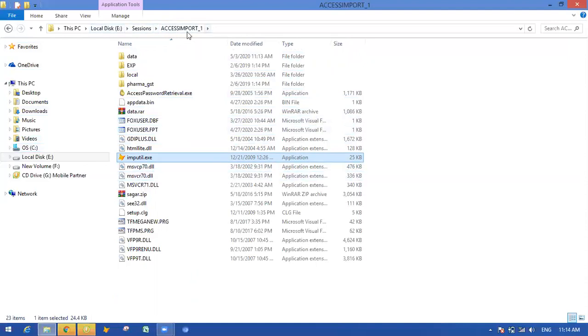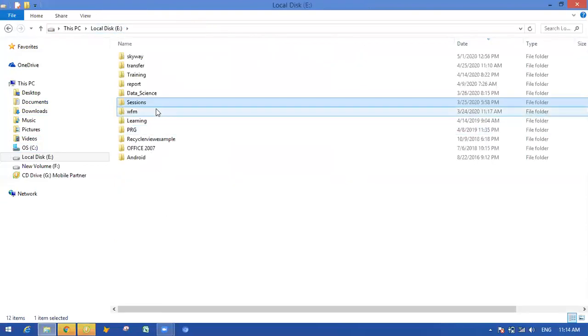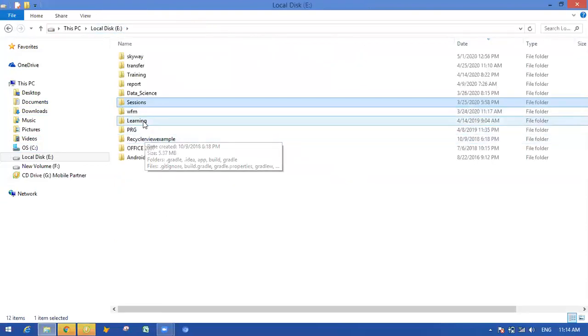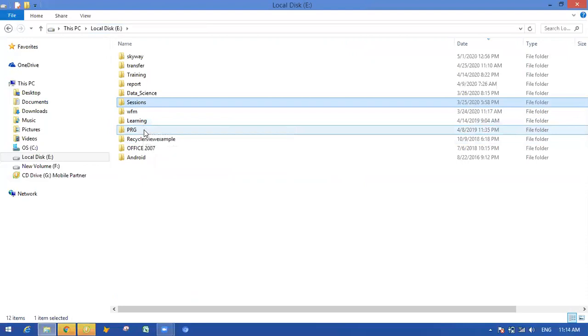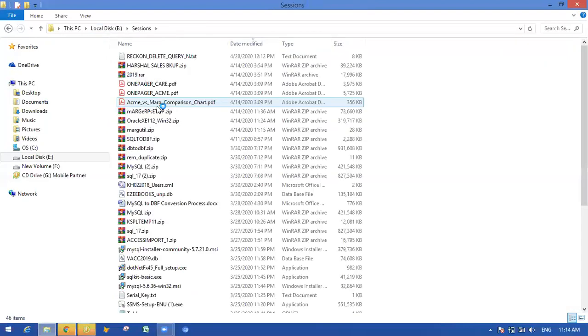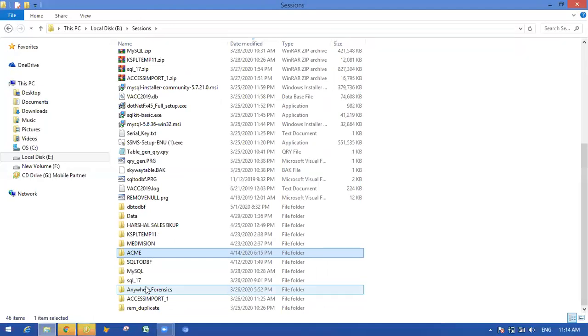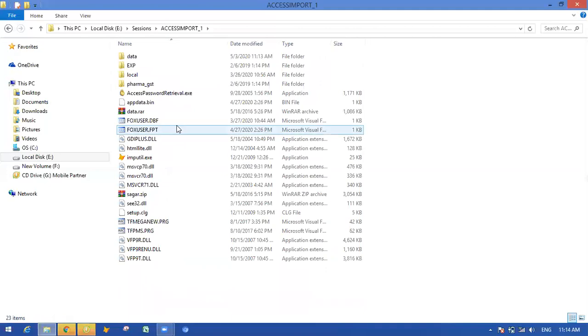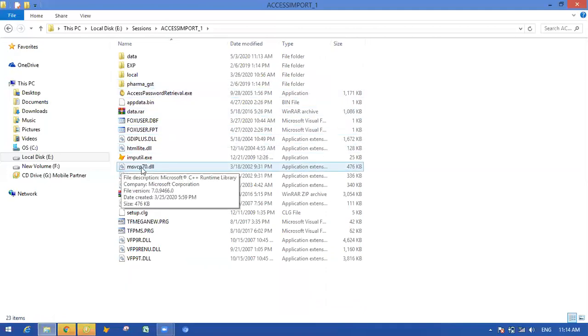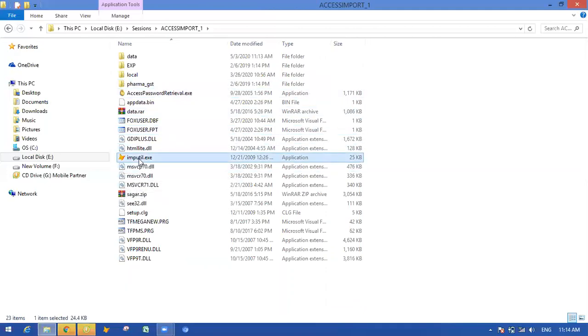Then what you need to do is open Access Import. This tool I have opened already, and here you need to run intutil.exe.